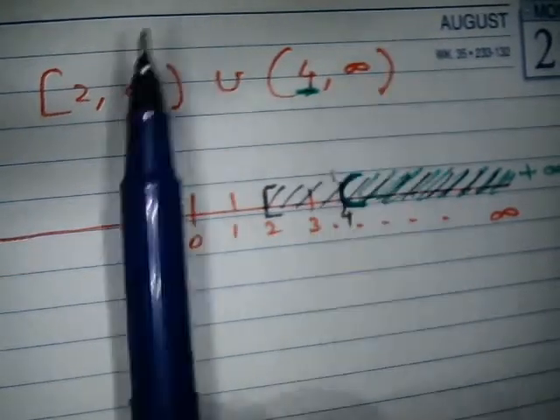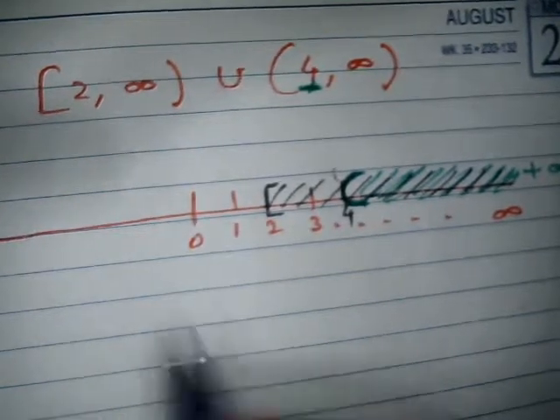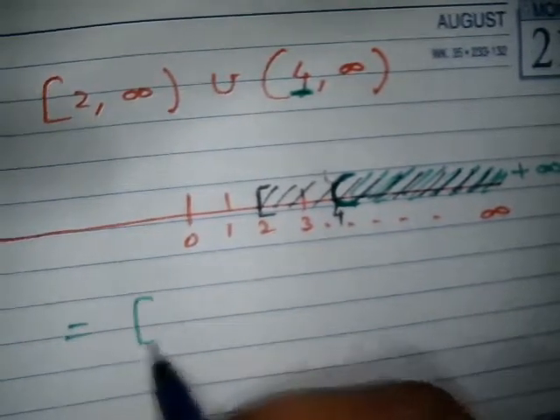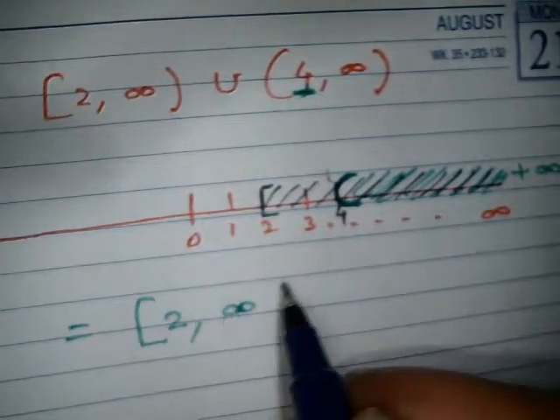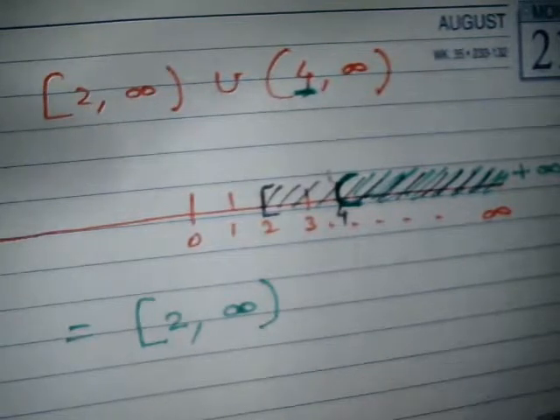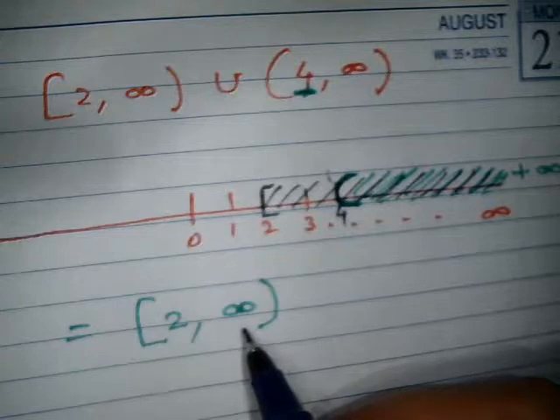and whenever you are writing infinity, on that side we need to put the open bracket, because there is no limitation. Infinity, so we don't know which points are going to be included, we can't decide. So for the undecided thing we put the open bracket. So this is the way we can find out the union.